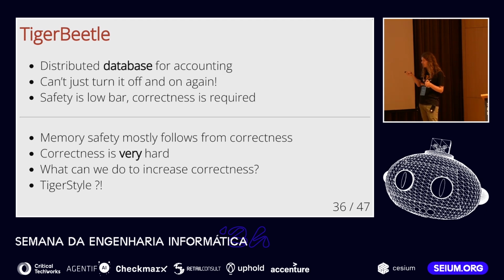And memory safety is an important part of correctness because it directly affects security. But if you want to make an application fully secure and fully correct, or at least as correct as humanly possible, you need to go beyond just memory safety. You need something extra. And that extra we use in TigerBeetle is Tiger Style, a particular set of programming principles which allow us to dramatically increase the correctness of the software.